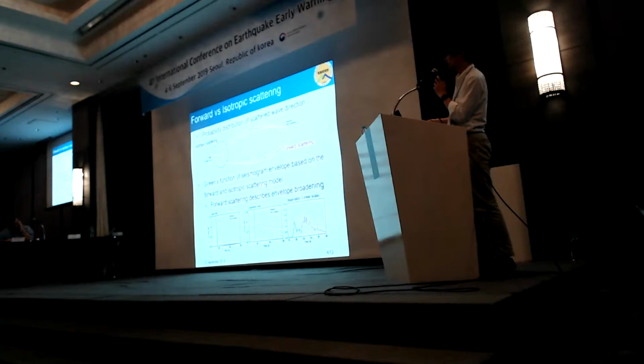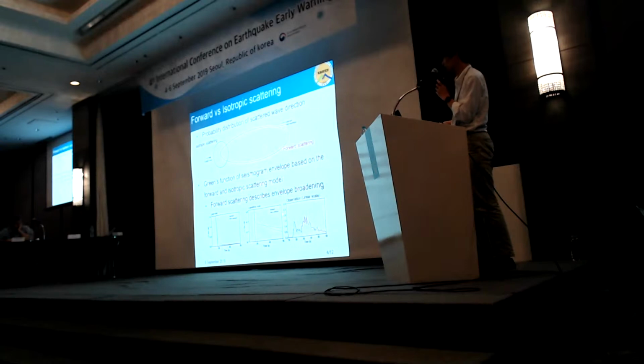So this figure shows the difference of probability distribution of scattered wave direction. When the waves come from the left, the probability distribution of scattered wave direction is unity in the isotropic scattering model shown in black, but not unity in the forward scattering model shown in red. And the lower figure shows Green's function of seismogram envelopes based on the two scattering models in linear scale and